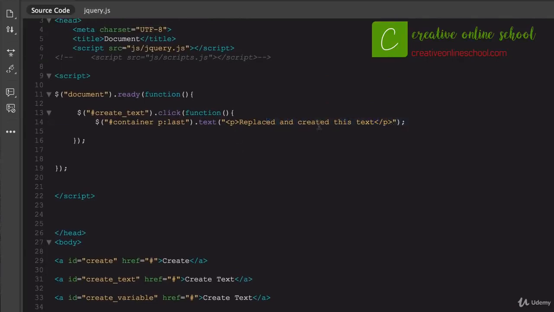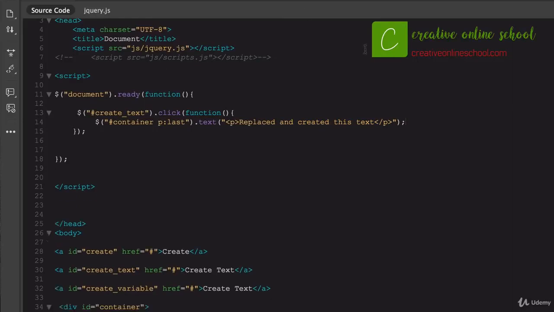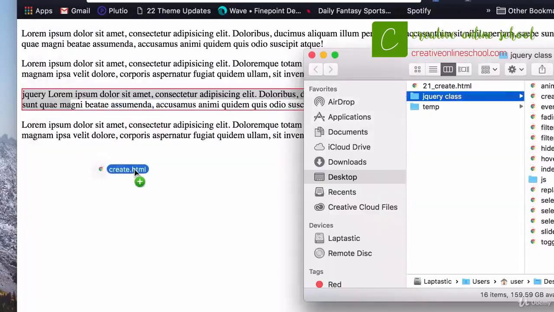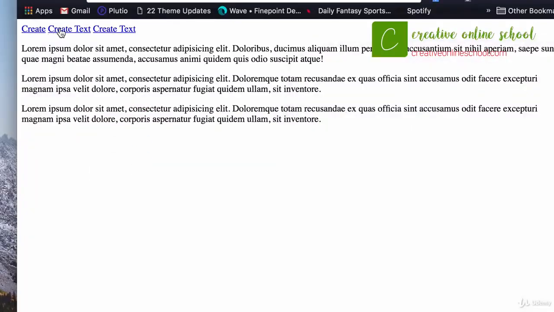So again, we've done this in previous videos. If you have any issues remembering some of that stuff, go back through those, but this should be nothing new. That's why I'm going through a bit faster here. I'm going to save this document as just create. I'm going to save it. I'm going to go find it here, and I'm going to open it up in my browser,